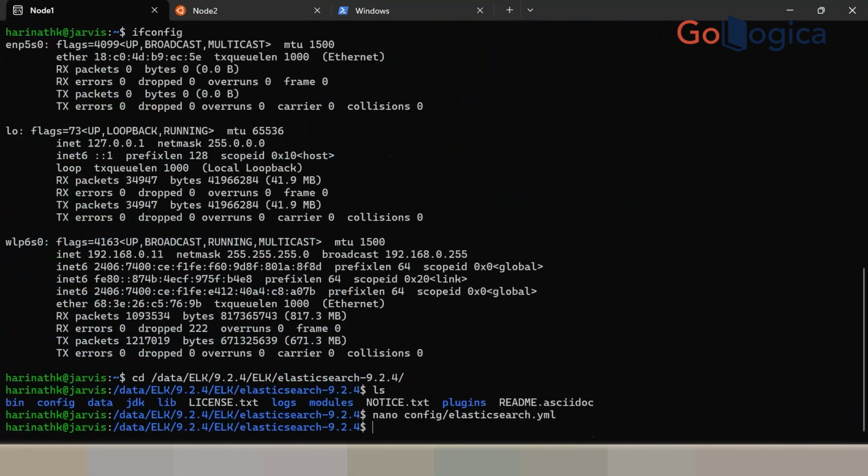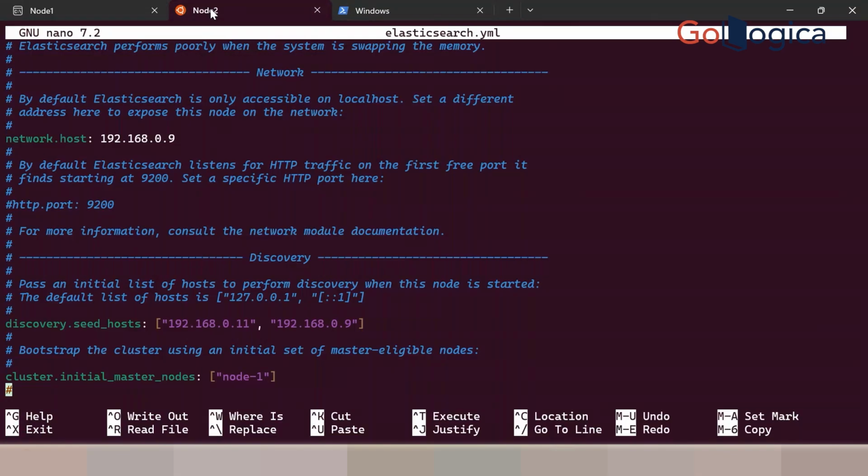In both of these files, we have made the cluster name identical, because only if the cluster names are identical will both machines speak with each other. That's the first one. Second, I've given a unique name to each of my nodes. Even if you give node 1 on both machines it will still work, but it is not advised. The reason is, when you have any sort of Elasticsearch logging, etc., happen,